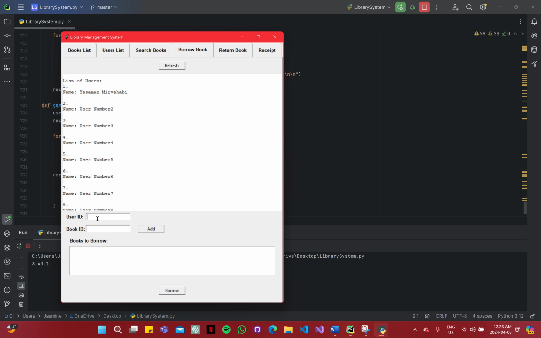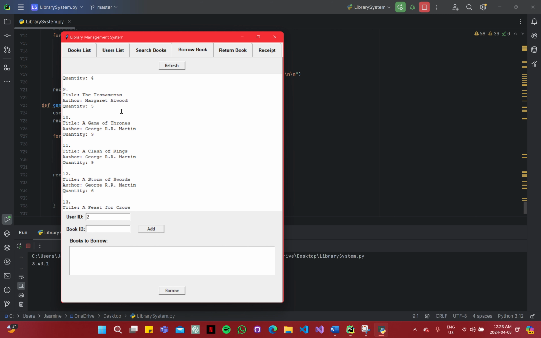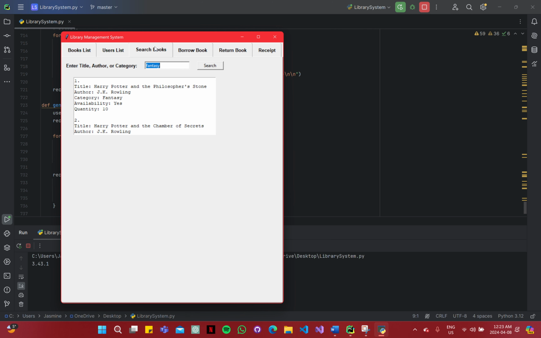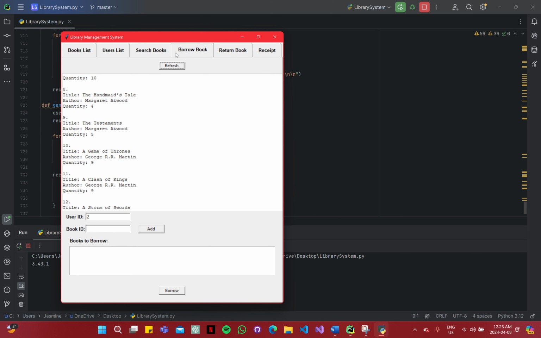First, a user can enter a user ID, for example, user number 2, and the book ID they want. They can go to the list, or they can go back to the searching tab, search for the book they are looking for, and get the ID. For example, we're going to say number 10,